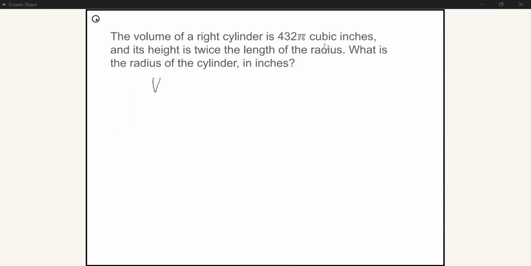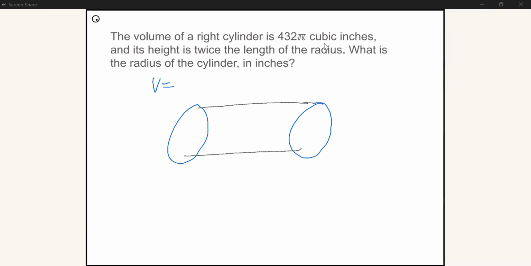There's volume, which is equal to, right, so a cylinder, we look at it. Excuse my terrible drawing, but I'll get the general idea, all right? There's two main parts to a cylinder, two main dimensions. There's the radius, right, like any circle has, and then there's the height, which is the distance between the two bases. So volume is going to be the area of the base times the height, which is the same for any, right prism. So it's going to be pi r squared, which is the area of the circle, times height,